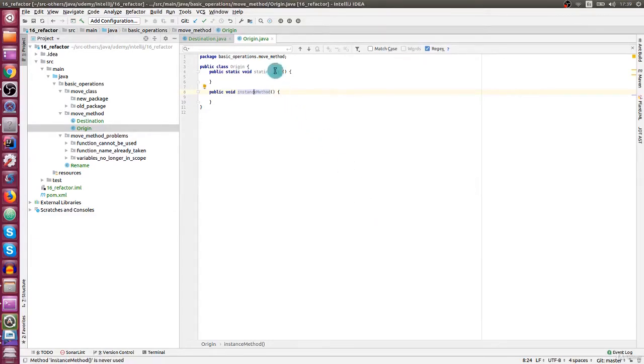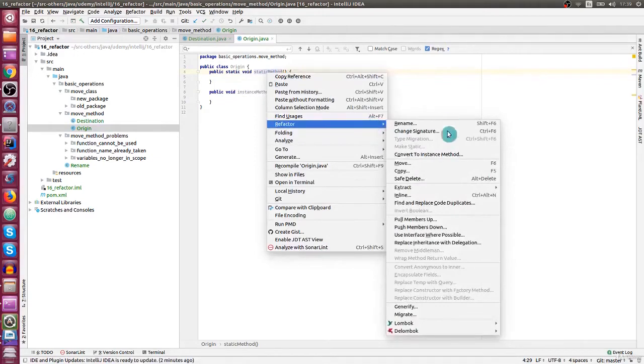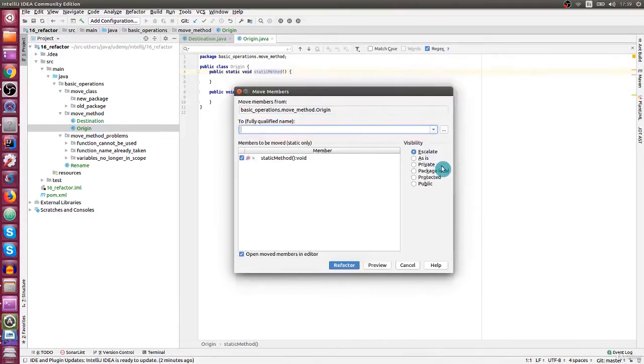We are going to move this one, right-click, refactor, move. Here we can select which methods we want to move. And here is the visibility we would like it to have in the new class. We can select it from here, leave it as it is, or escalate. Meaning, if there is an error when moving the function, it's going to change the visibility in order to take